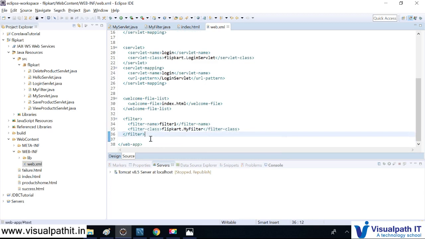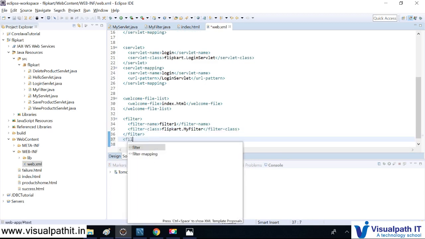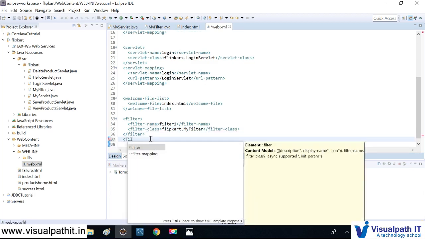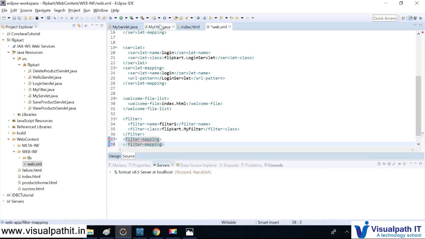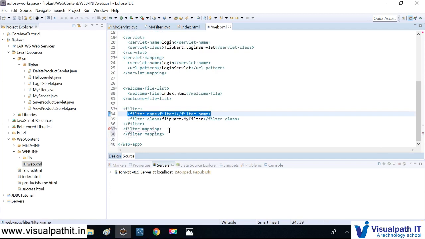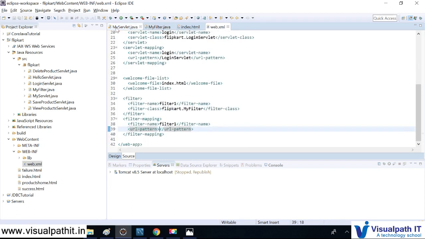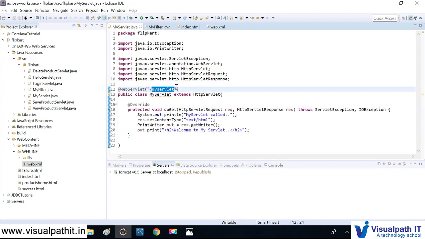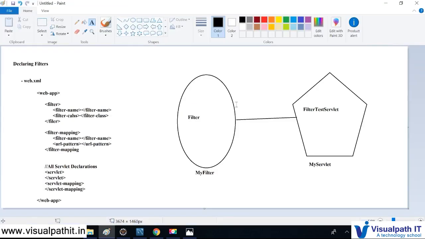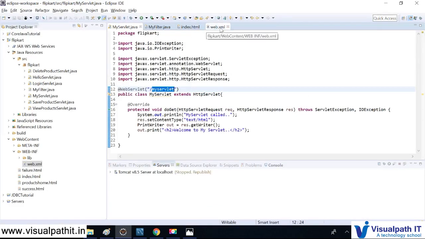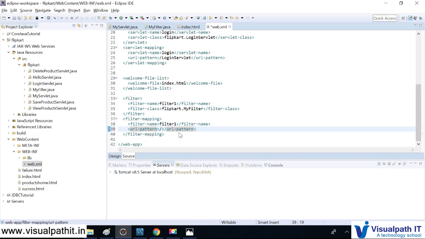And the other one is filter mapping. Within the filter mapping, again you need the filter name, which is the same name you gave, like how we configure for a servlet, the same way we do it here. And the URL pattern: whatever servlet we are giving, the same URL you have to give, because we are specifying that this particular filter belongs to this particular servlet. It's not global. If it is global, you can simply give slash, then it will work